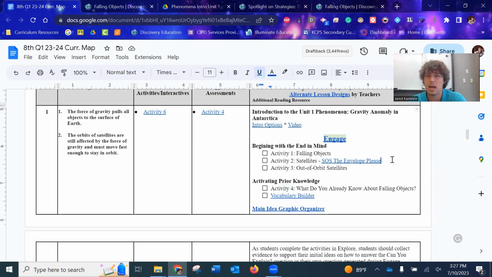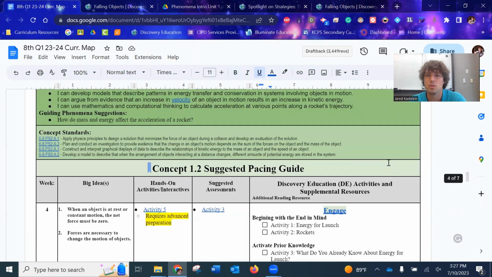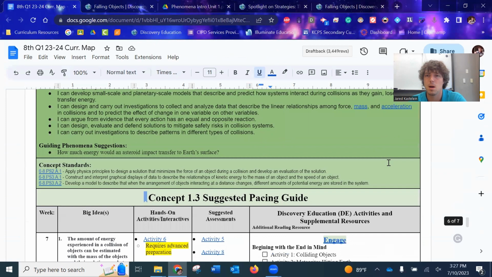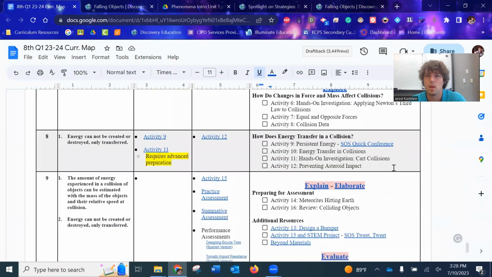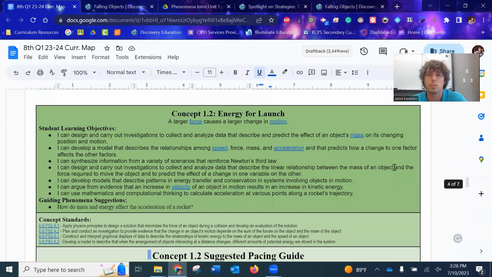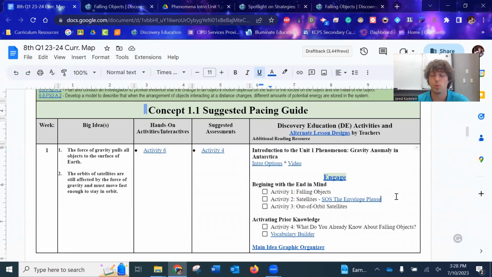8th grade doesn't actually have a ton of these. In fact, in the first unit, that might be the only one. Oh, you got one more down here. They really put in a lot of these in 6th grade, less in 7th, and even fewer in 8th. But in some activities, and let's go ahead and open it up, activity 2,